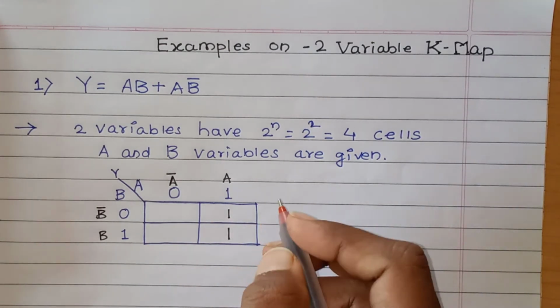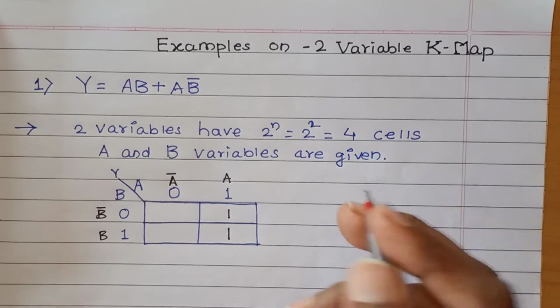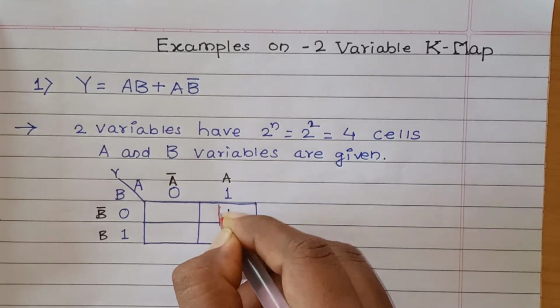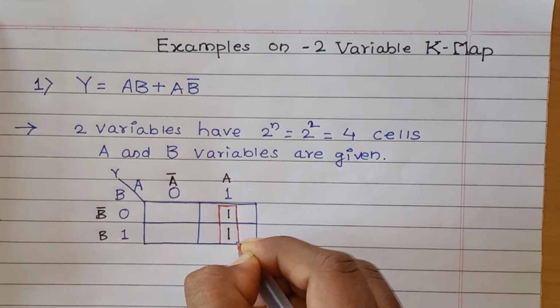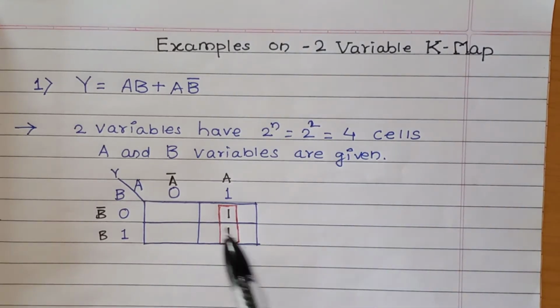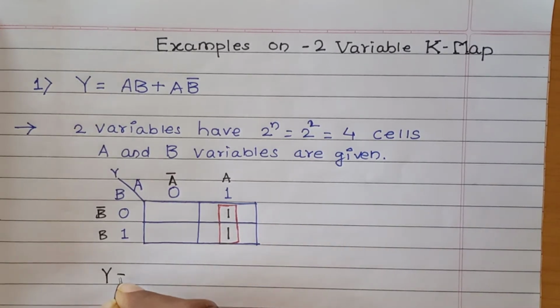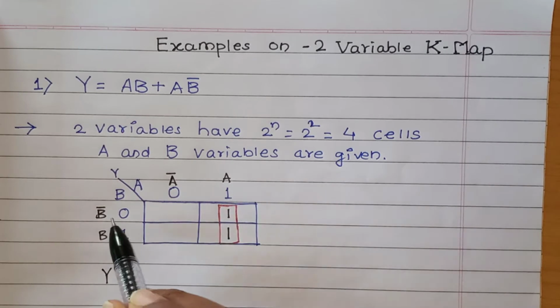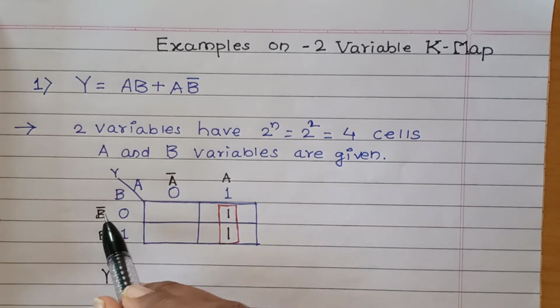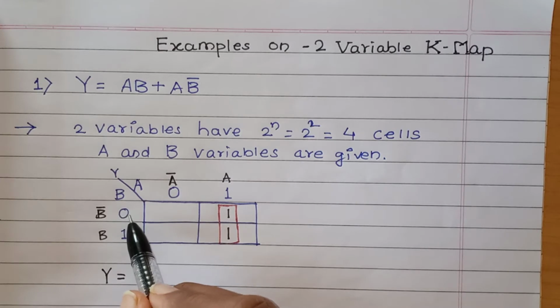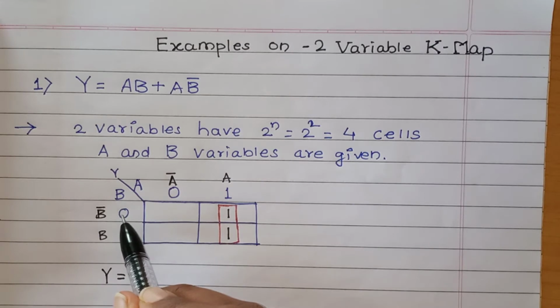Now what we are going to do, we will form the pairing of that. It will be of 2, 4, 8 likewise. So here we have only 2 ones, so I will form the group like this. So here we have formed one group, so we are getting this pair. So the final expression for this will be, see, how many rows are involved in these two, B bar and B, but here the value is changing from 0 to 1, means we cannot write either B or B bar. Why? Because it is changing, initially it was 0, then it becomes 1. So we need to neglect this B.